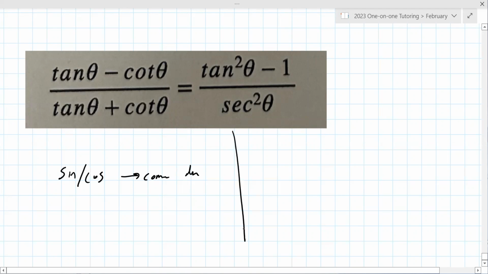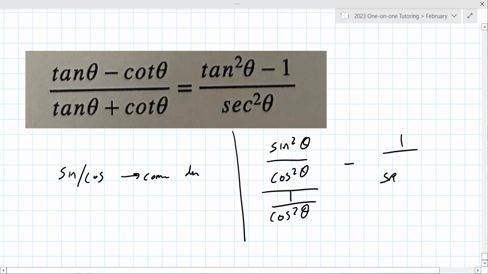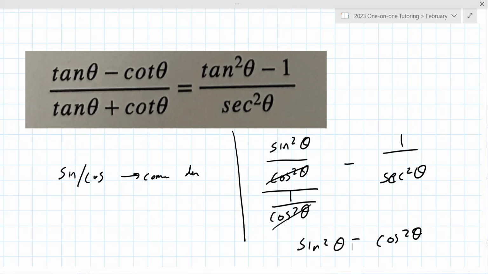And on the right, you might have to use, so tangent squared is sine squared theta over cosine squared theta, over 1 over cosine squared theta, so the right actually becomes, these cancel. It ends up being sine squared theta minus cosine squared theta. So I'm pretty sure on the left, when you do the sine cosine common denominator stuff, you'll be able to get down to something like this on the right. All right, so we're going to have to stop right